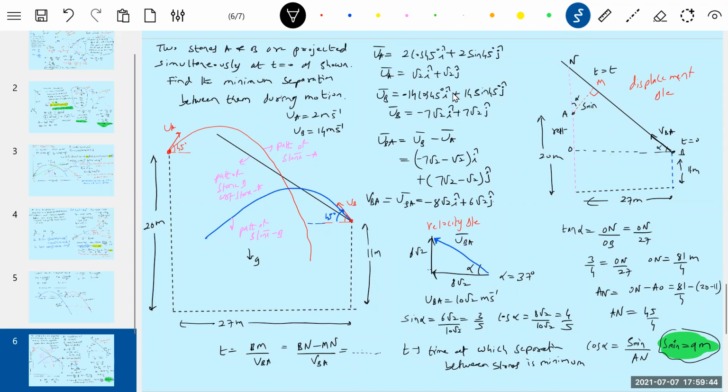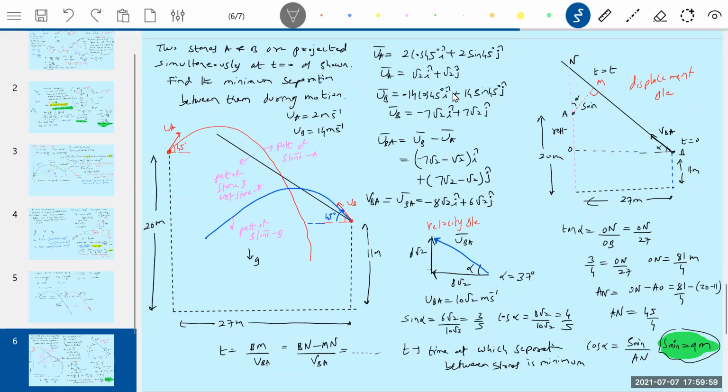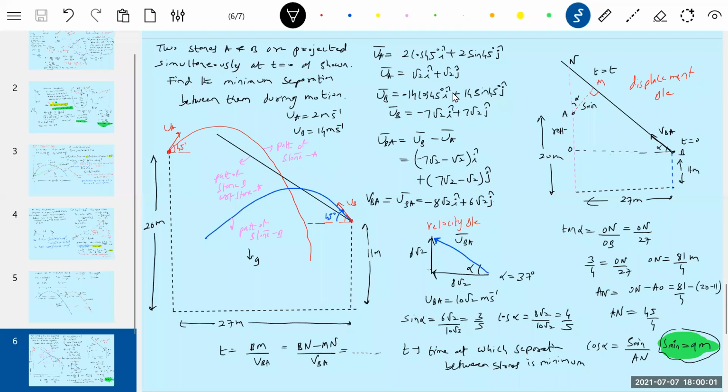Yes, sir. I'll end the class. It's because the recording will take more than 2 hours. Sir, BN minus MN is BM. BN minus NM is BM. That BM is unknown, ma. That you have to calculate. Okay, sir. Do the calculation of this.